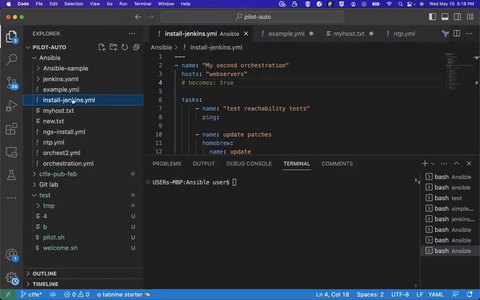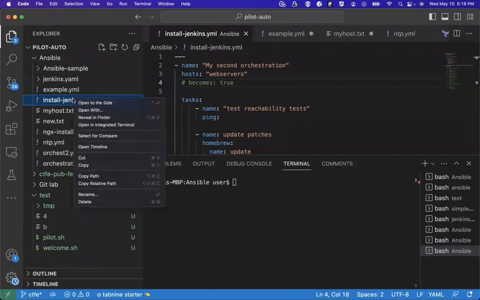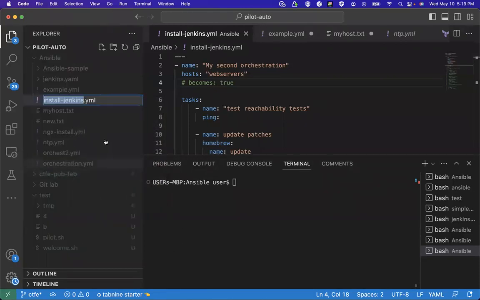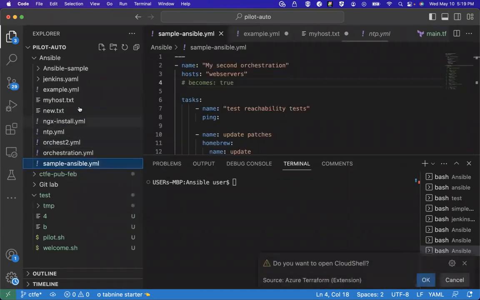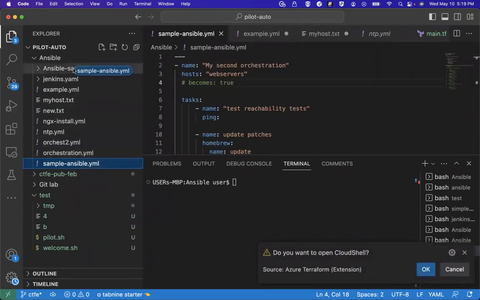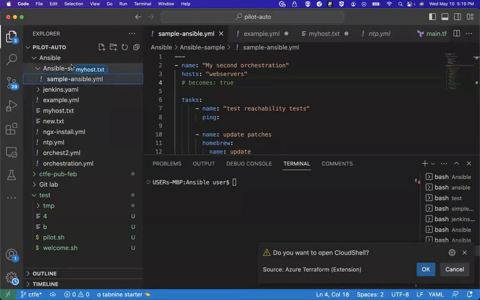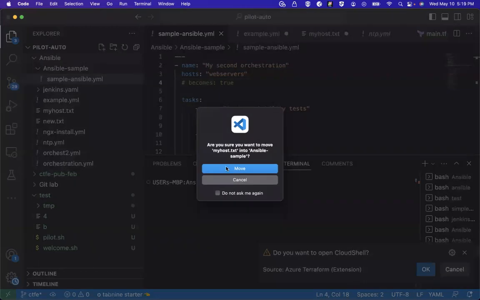Then let me drag this. Let me remove this name so I do not confuse people. Let me use sample. Then we'll track it inside that sample book. Then this is the host. Tracking this with the sample book.